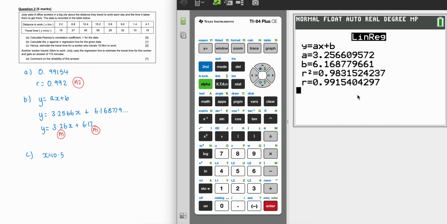So I can use the regression line that I've just calculated. So y is equal to, and I'm going to use the fuller value to start off with, times the 10.5. So I'm literally just inputting it straight into this equation, the less simplified one, because I want to keep it as accurate as possible. So I'm now adding on